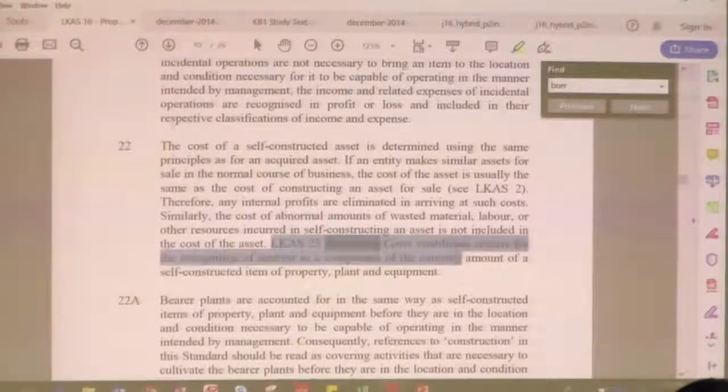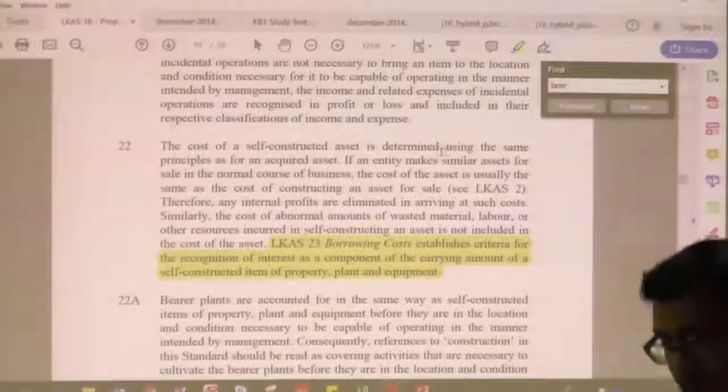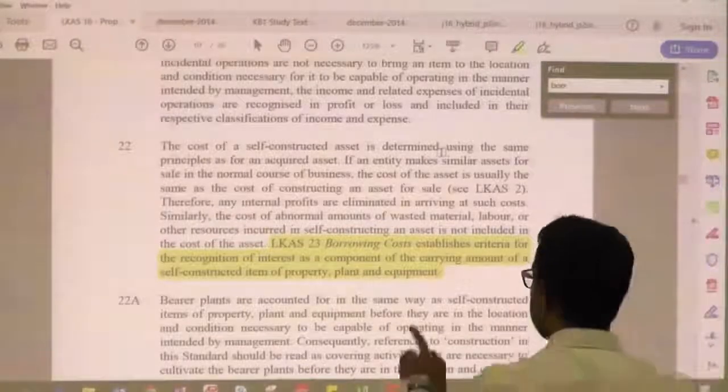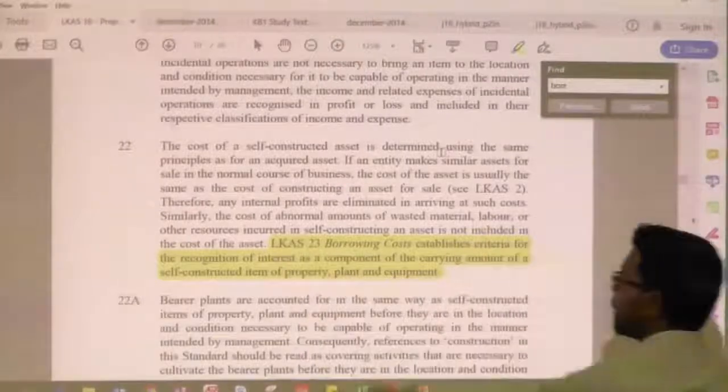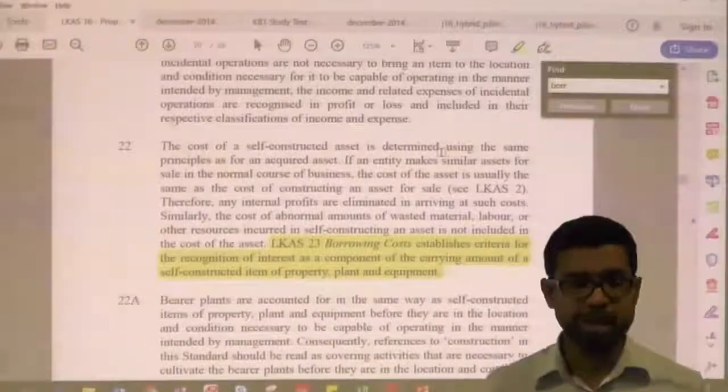Borrowing costs meeting the established criteria are recognized as interest, a component of the carrying amount of a self-constructed item of property, plant and equipment. Borrowing cost is a separate accounting standard, which means